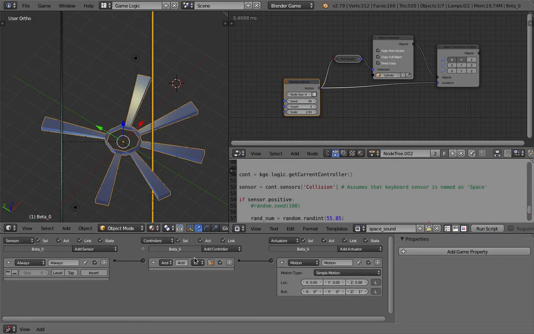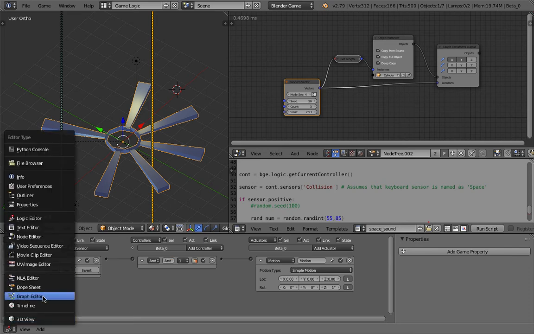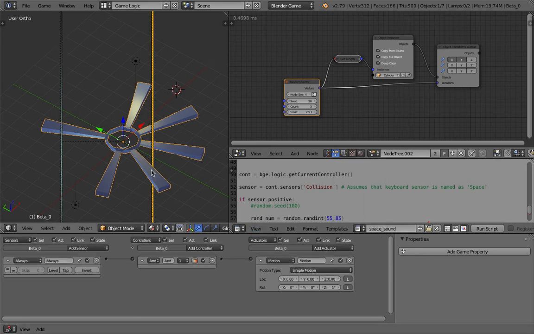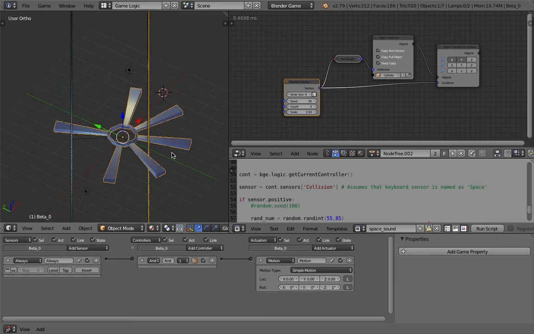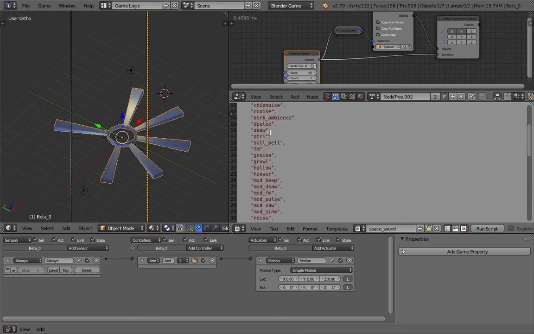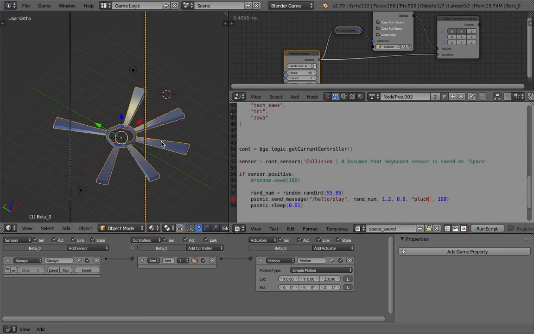The game engine setup itself is very simple. The nice thing about the game engine is that there is this logic editor. The logic editor is almost like nodes. You are dealing with sensor, controller, and actuator, three kinds of node blocks there. It's pretty robust actually once you know how to do it. And here I have my little small Python code, actually just using the built-in